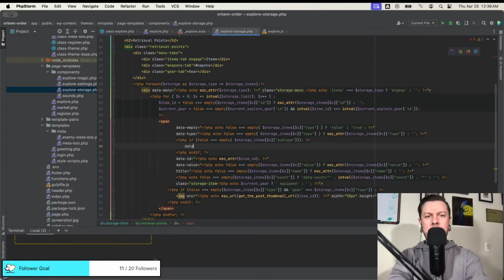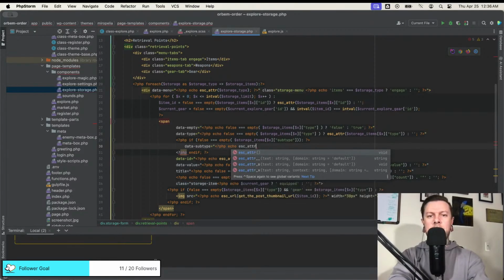And then let's do data subtype equals a. Let's do this. Okay. Yep, go is the attribute.